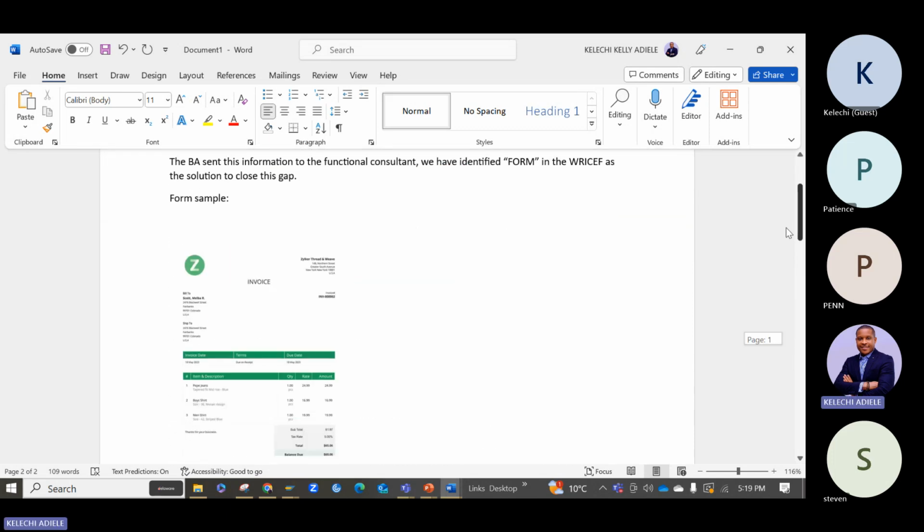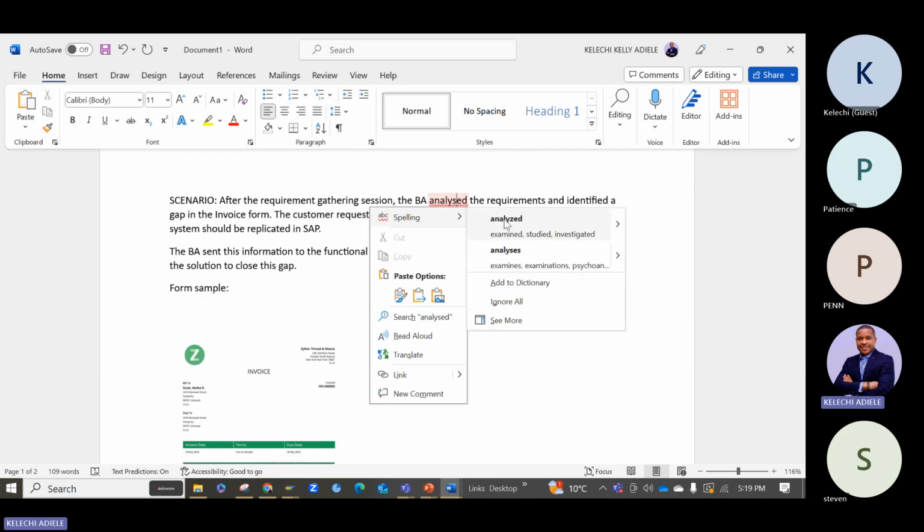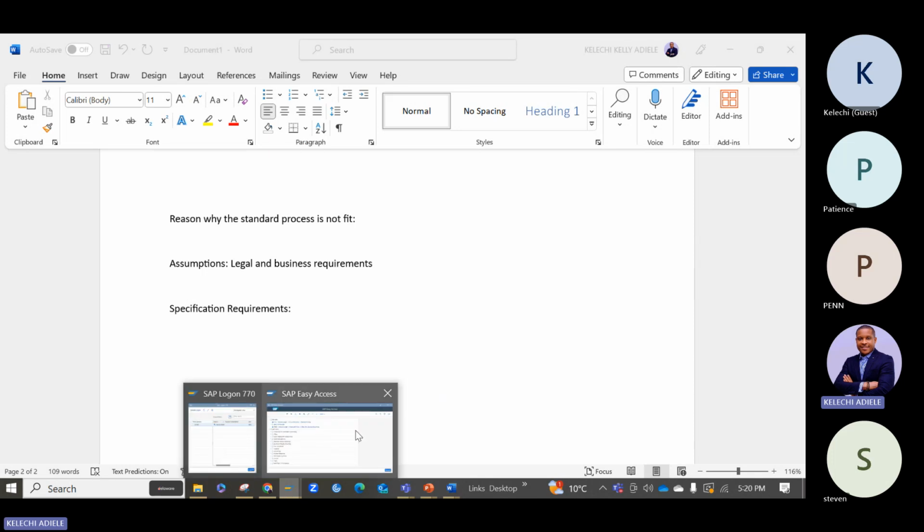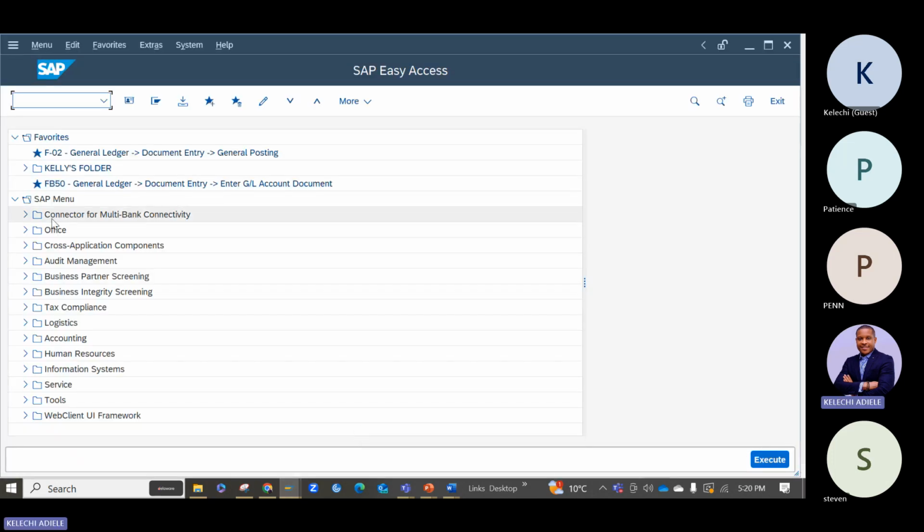So let's start, right? The first things first, you need to show us the standard in SAP that did not meet the need. What I will do is, we don't have a form in SAP, but I'll just show you. We can just go to the system and get the process of raising an invoice. I don't have an SD company here, so pardon me, let me do that from the FI side, because I can't get a display. So let me go to SD,